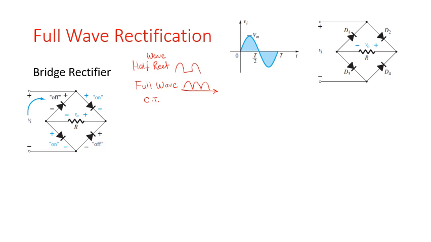What could be the problem with a center tapped full wave rectifier? It has to be center tapped, which is difficult. So you had to go away from this. And what we did next is we have come to a bridge rectifier. Now, if you compare a bridge rectifier with a center tap rectifier, immediately you're going to realize that now I have got 4 diodes. How are these diodes going to function in the positive half cycle?